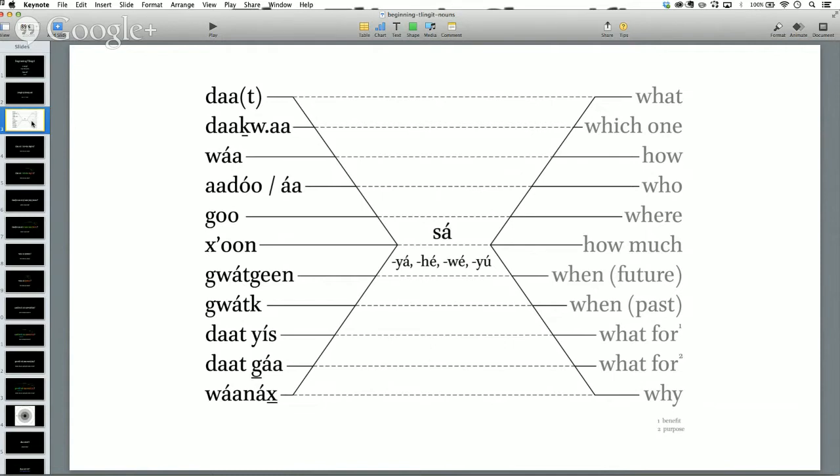Wa nakhsa. Wanaksa. Why? Now there's quite a few of these, especially dasa, wasa, adusa. If we change this to guksa, kunsa, we took those ones as an example. If you put cha in front of it, this little particle cha, which sort of means just or really or something like that. Cha dasa,